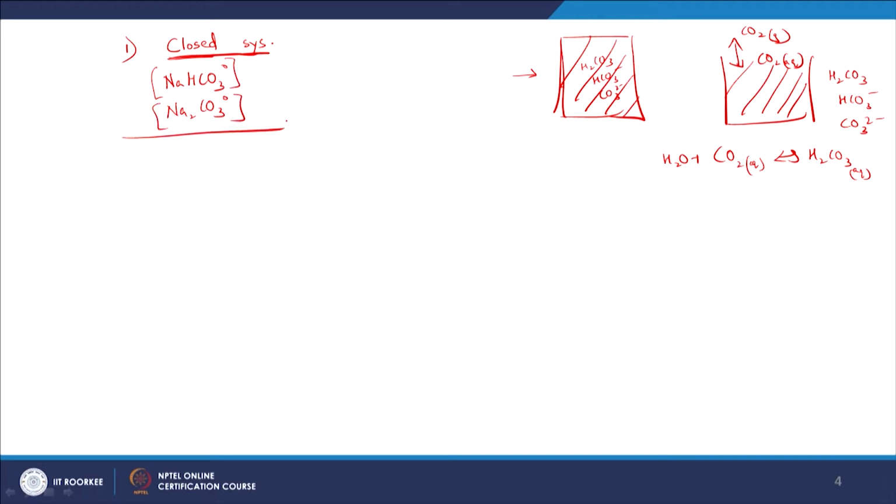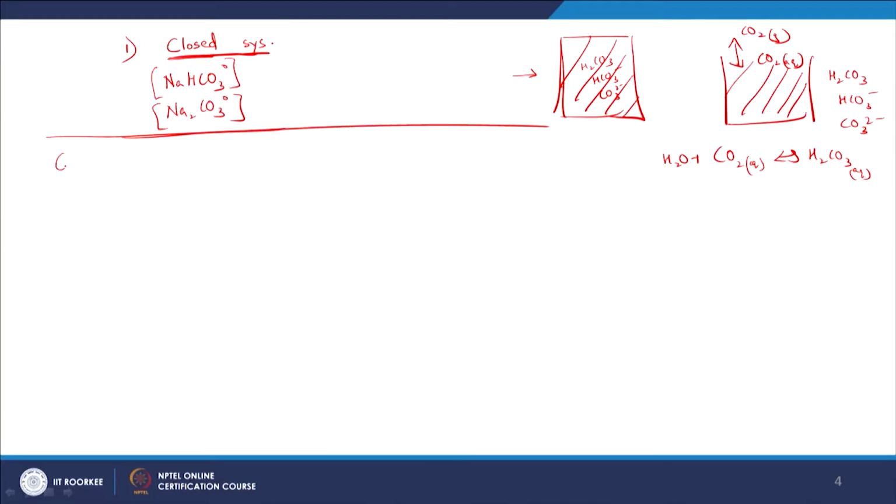Let us say these are our recipe species or initial concentrations that we are adding to our system. So, I am adding NaHCO3 and Na2CO3 to the system, and I want to know what is going to be the pH and what are the relevant concentrations of your various species that you would expect in this particular system. So, let us look at that. Again, obviously, what are we going to look at? The only way to solve this is going to be the component balance,